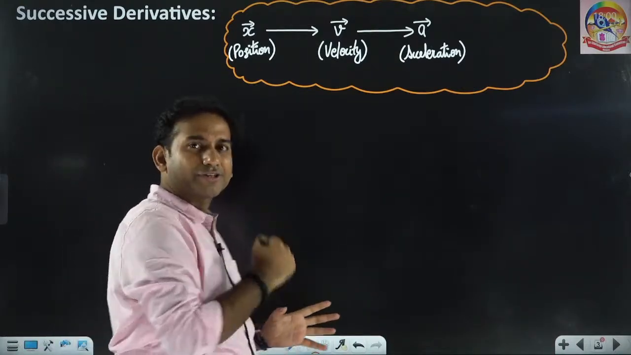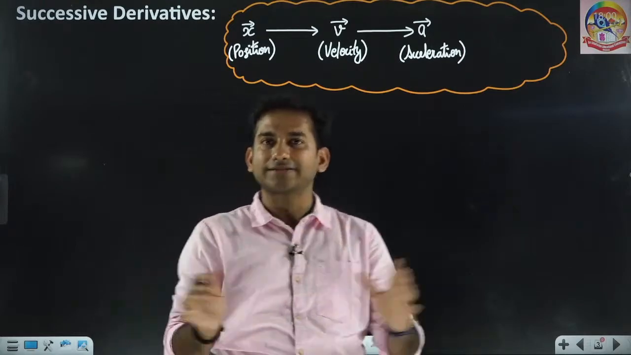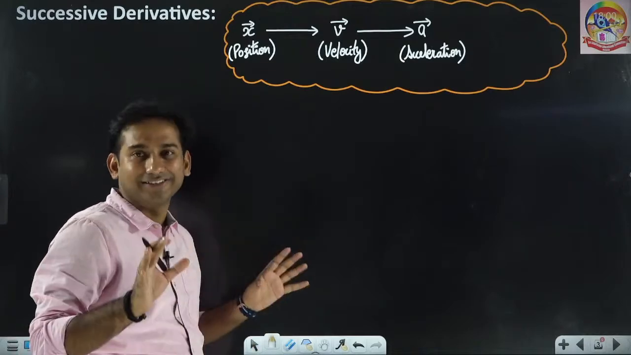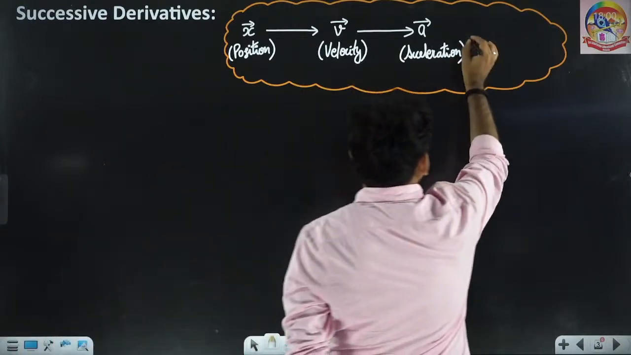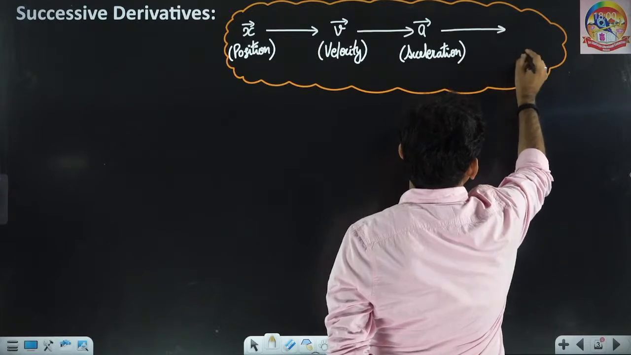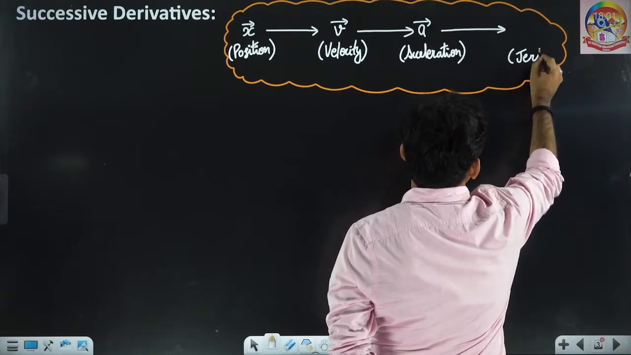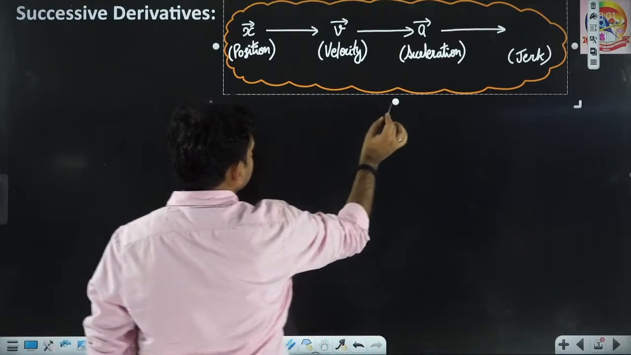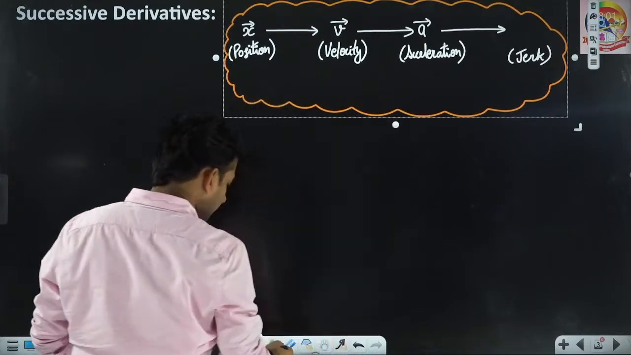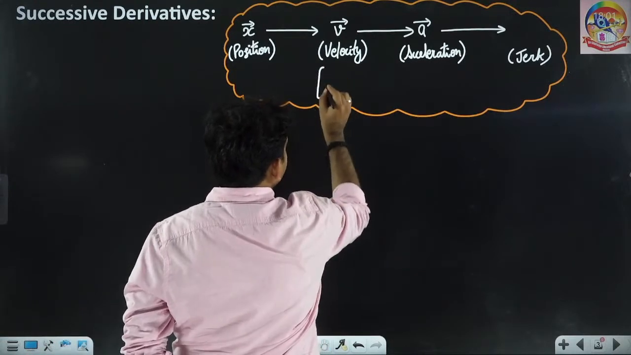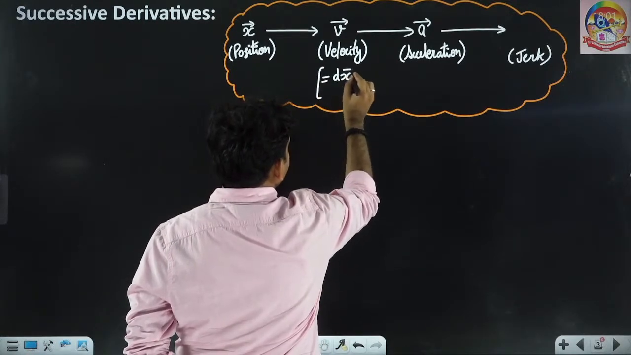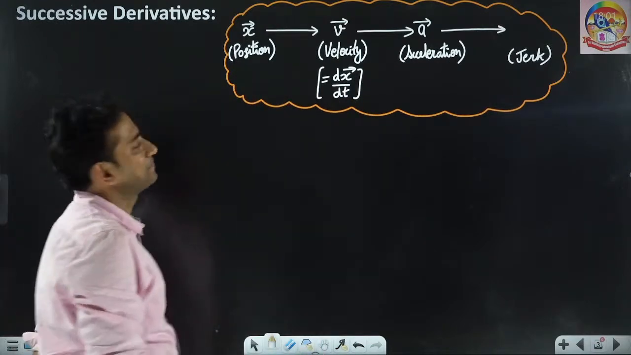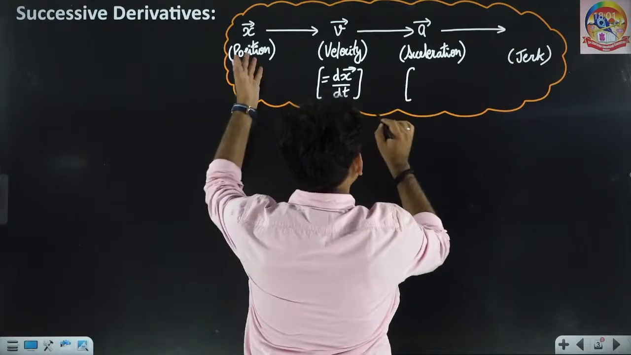Every teacher here is going to help you out to the best level, and hence I suppose you are going to learn and enjoy the learning. Similarly, if you differentiate once again, you will get jerk. If I represent it in terms of notation, the velocity vector is equal to dx vector by dt, the rate of change of position with time. Similarly, for acceleration, differentiate once again,